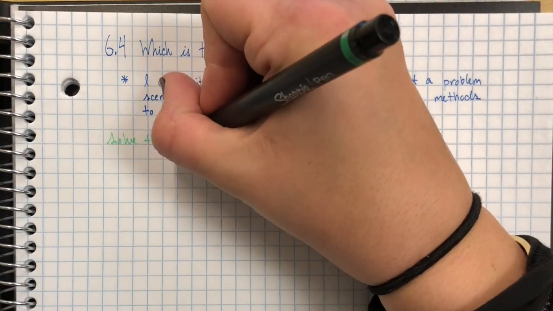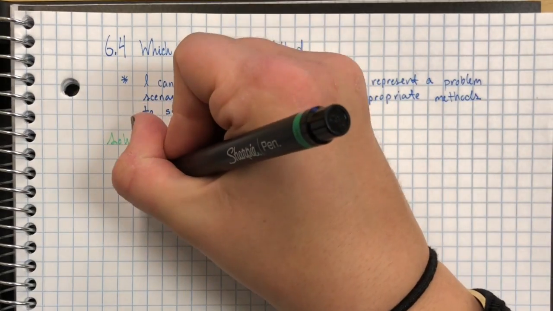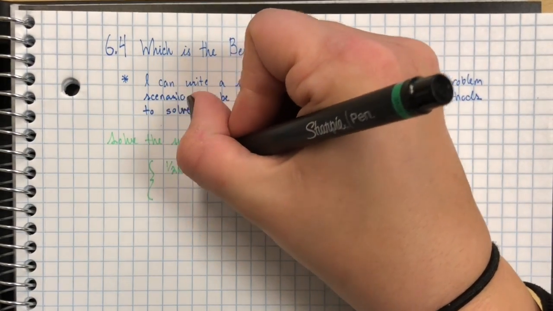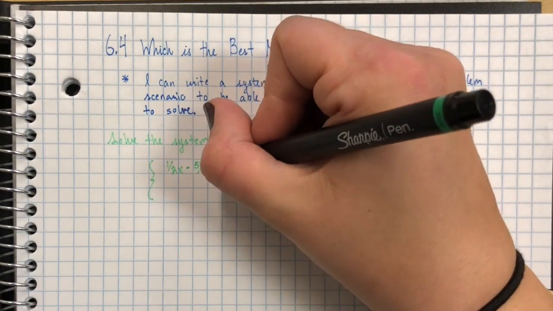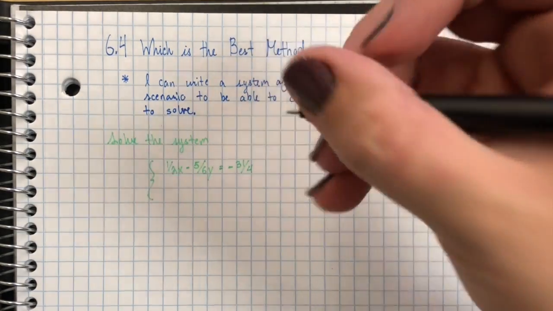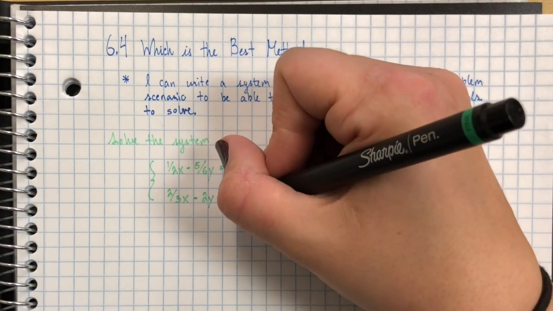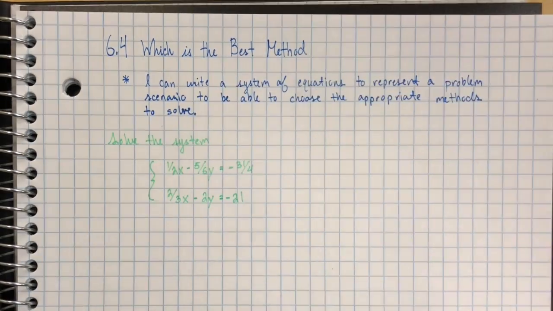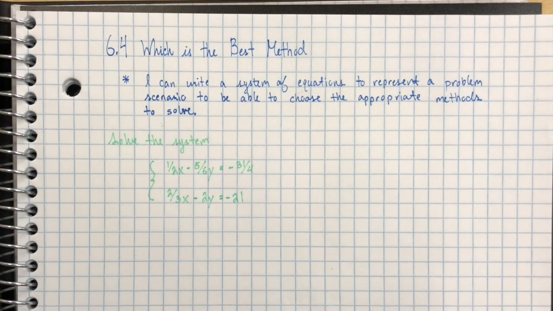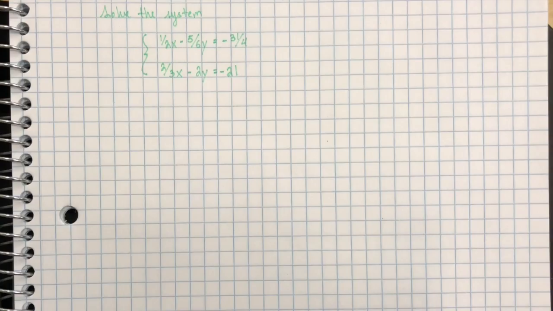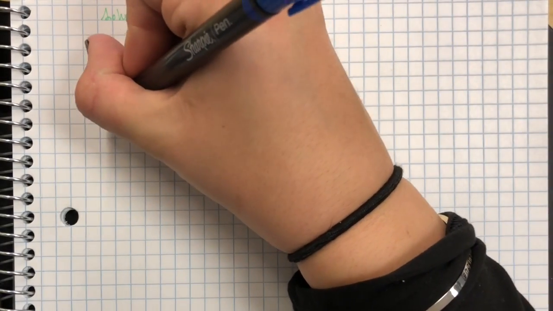So the first system that we're going to look at is 1/2 x minus 5/6 y is equal to negative 31/4, and 2/3 x minus 2y is equal to negative 21. Now, the two methods that we're going to focus on for this problem are linear combinations